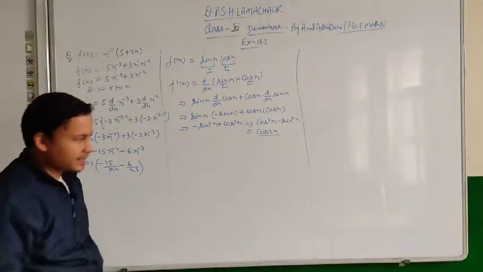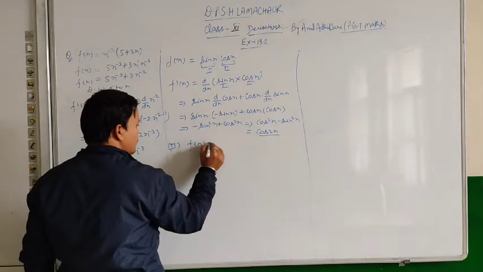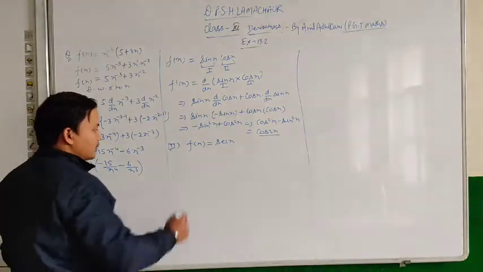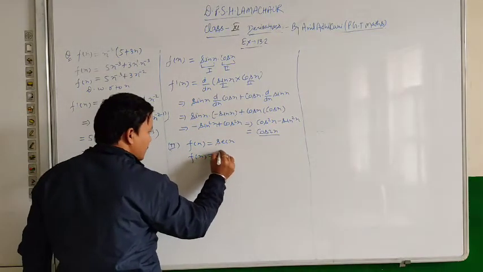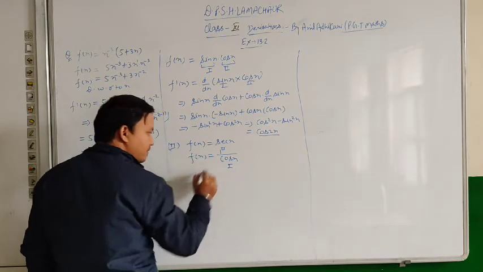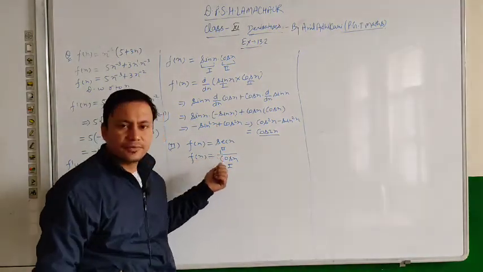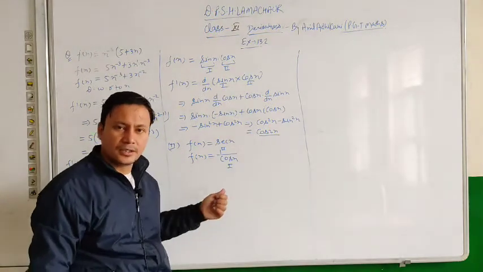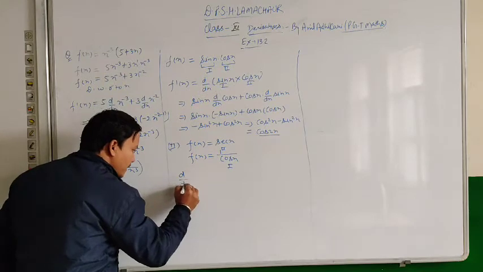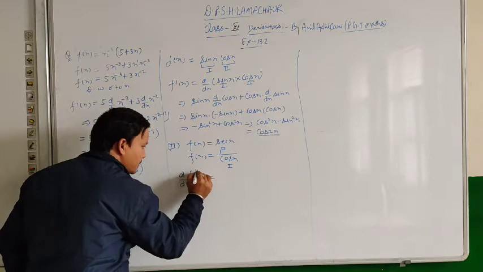Now second, sec x. The second function which we have been given is f(x) is equal to sec x, and we need to find the derivative of sec x. So first we will break it in terms of cos, that is 1 upon cos x. Now let it be the first and let it be the second function. Okay. Let cos x be the first function and the numerator which is given as 1 be the second function. Now we will use here the quotient formula. What is the quotient formula? d by dx of u upon v equal to, let it be first and let it be second.